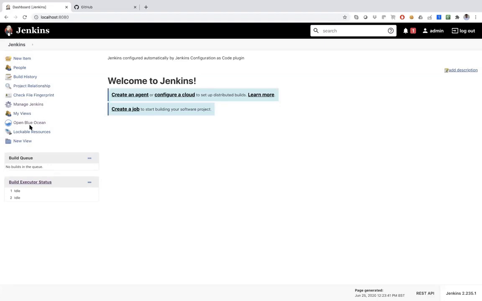So first we will start with the declarative pipeline skeleton. The Jenkins pipeline is a group of events interlinked with each other in a sequence. Like we can first build our code. After that we do some unit testing, we do integration testing, we deploy somewhere, and after that we send a notification. That is the whole Jenkins pipeline.